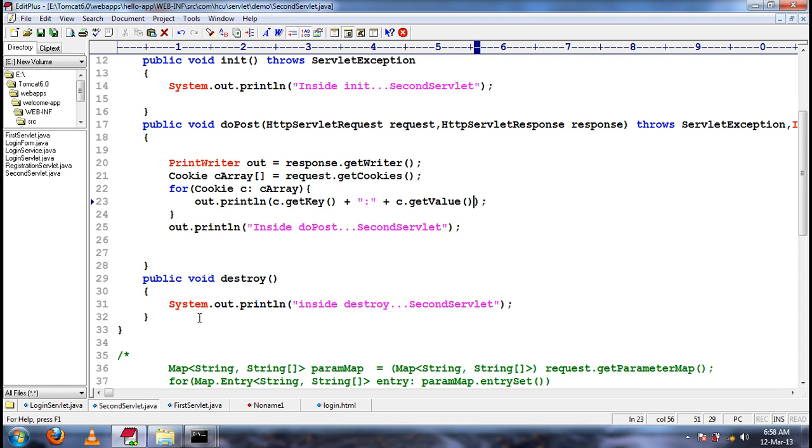This is how we can access cookies. I'm not sure if it is get key or get name. Let me see.